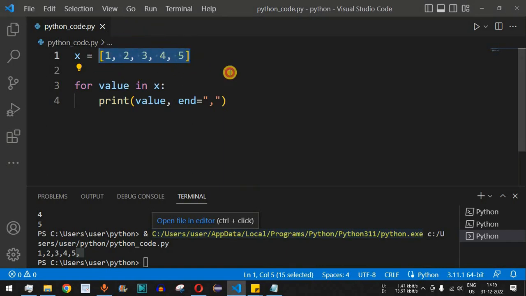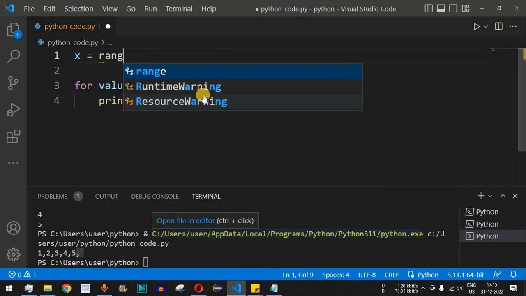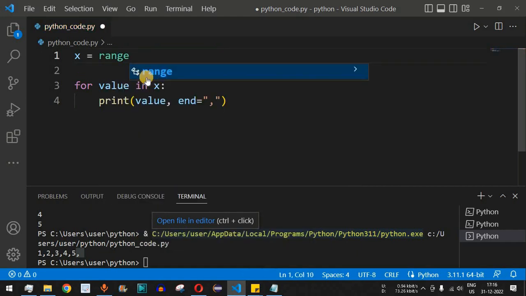in this list. So basically, in order to have the top 10 numbers, we have to manually define it as 1 to 10 over here. But we can also get rid of this part. We can have the range method over here. So as you can see, when we type range, VS Code is suggesting this function, that is range, over here, and we simply have to provide a number over here. So let's say we provide 10 as the number.